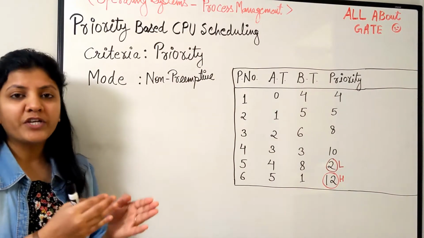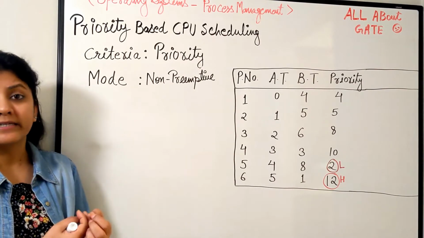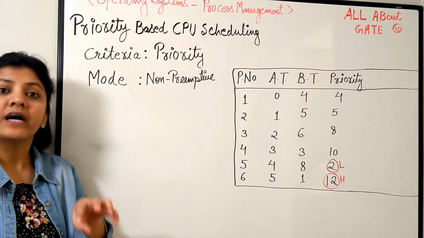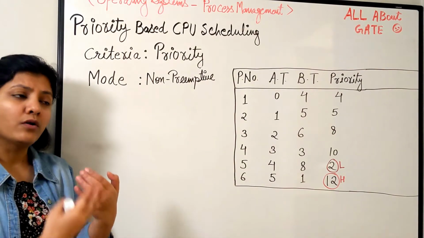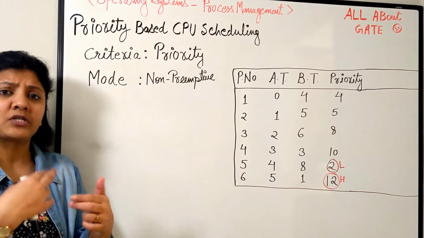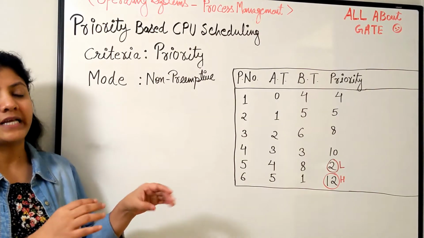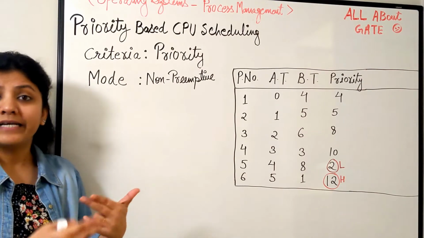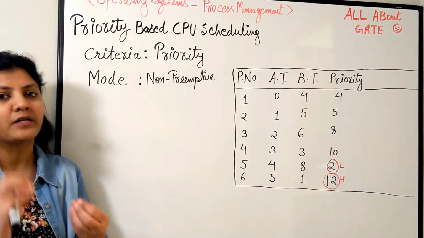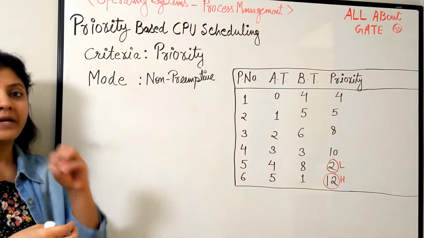It will be assigned to each process based on its criticality. There are always some processes which have high criticality, which have some importance to get finished at the earliest, so they generally get the higher priority. And there are also some processes, like backup or background processes, which don't need a high priority because they might be running at a slower pace. That's absolutely fine, they can be assigned a lower priority. So this number is given to each process and kept in its PCB, and that becomes the criteria for the short-term scheduler to pick a process.